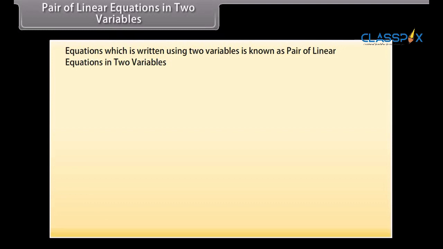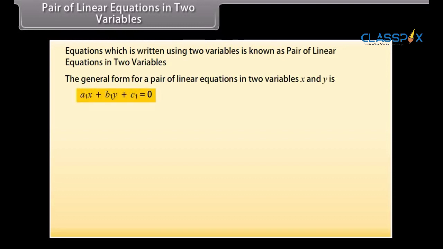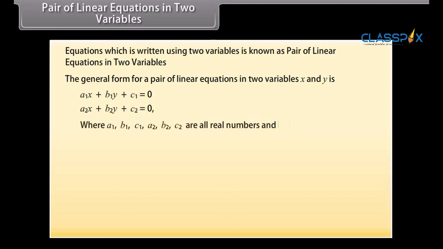Pair of linear equations in two variables. Equations which are written using two variables are known as a pair of linear equations in two variables. The general form of a pair of linear equations in two variables x and y is a1x plus b1y plus c1 equals 0, a2x plus b2y plus c2 is equal to 0, where a1, b1, c1, a2, b2, c2 are